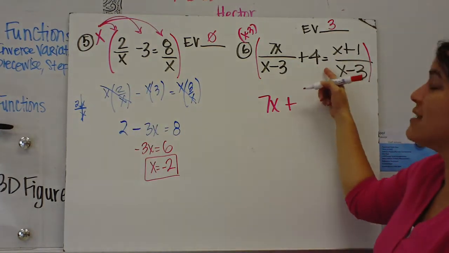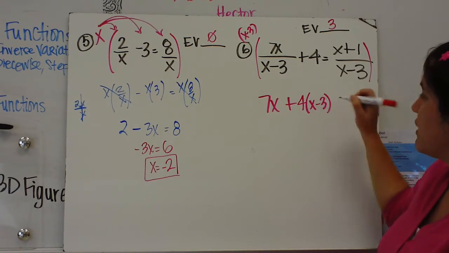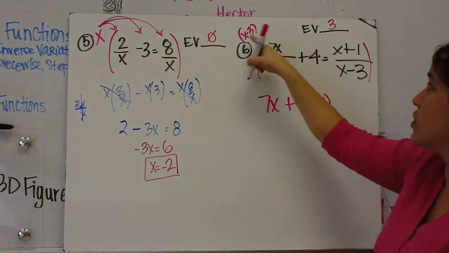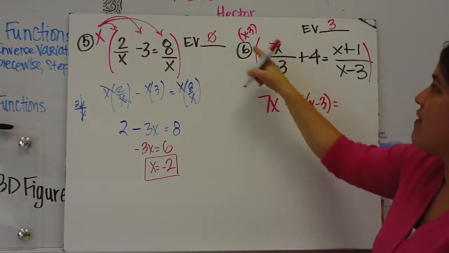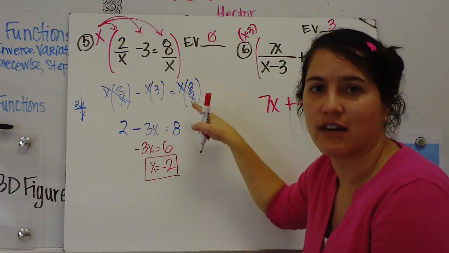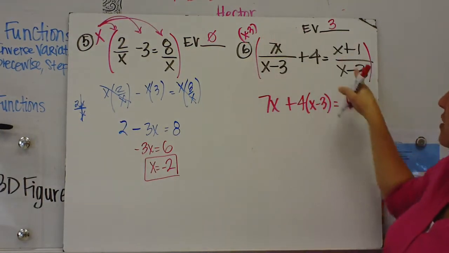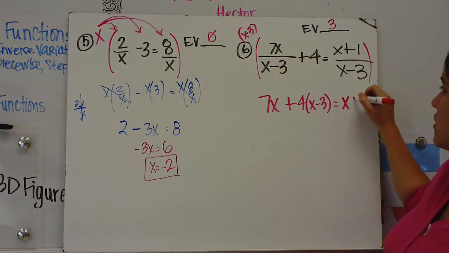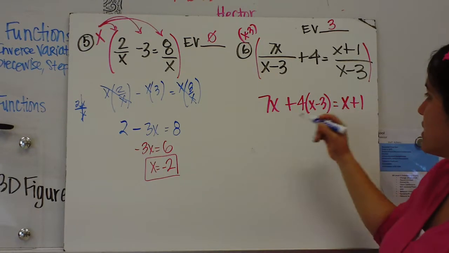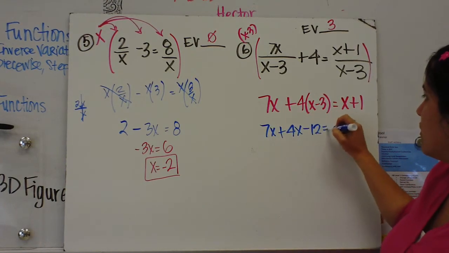This middle term doesn't have anything to cancel, so I'm going to have to keep it, just like over here. X times 3 gave me 3x, so over here it's going to be 4 times that. And then the last one, just like over here, this x and this x cancel. That means they divided out to be 1, and I was left with 8. The same process here. X minus 3 and x minus 3 are going to cancel, and I'm left with x plus 1. I need to do some distributing to simplify, and I get 7x plus 4x minus 12 equals x